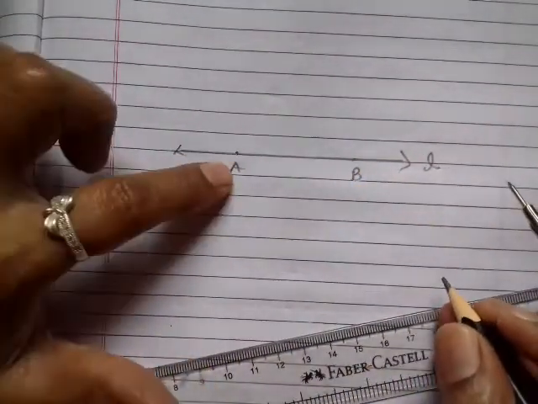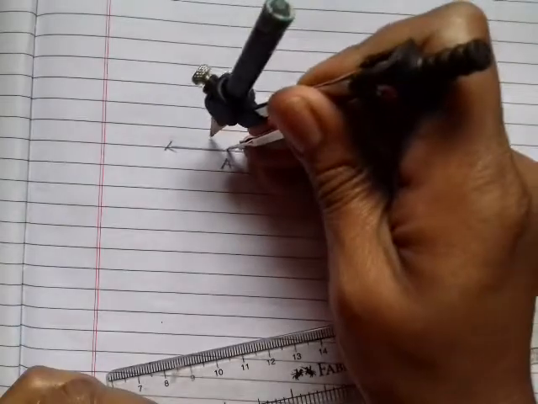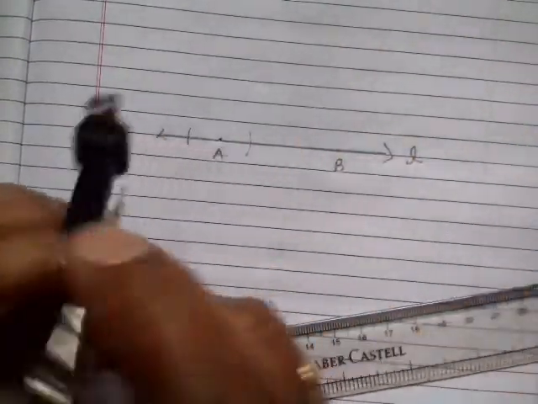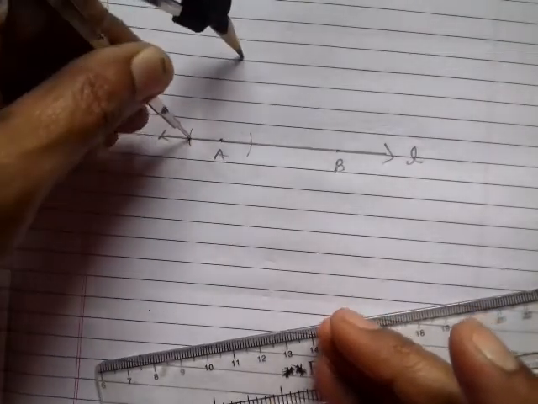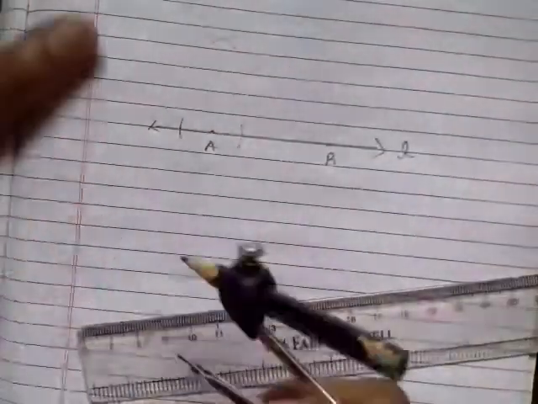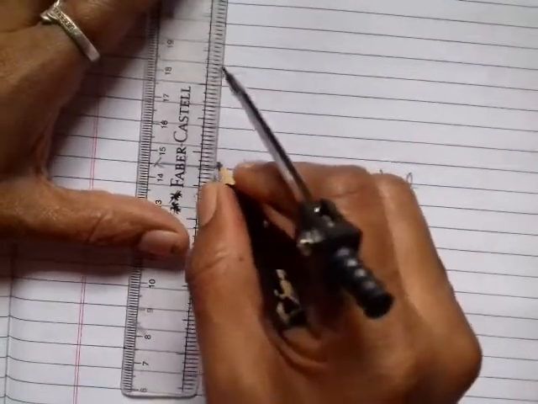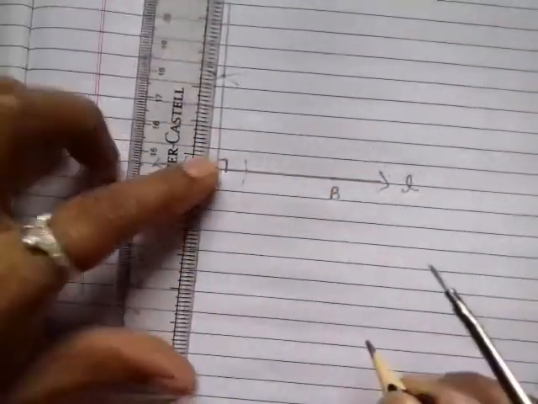Then afterward what you have to do? On A and B you have to draw a perpendicular. See, I am drawing a perpendicular using only a compass. I take a suitable distance in the compass, and on each side I draw an arc, left and right of the point. Now you extend the distance, and from the point of intersection of the arcs you got, above it you draw an arc. Similarly from the other arc of intersection, one more arc I have to draw, and where the arcs intersect, put that point and join it with A. This is your perpendicular. Okay, you make a sign.